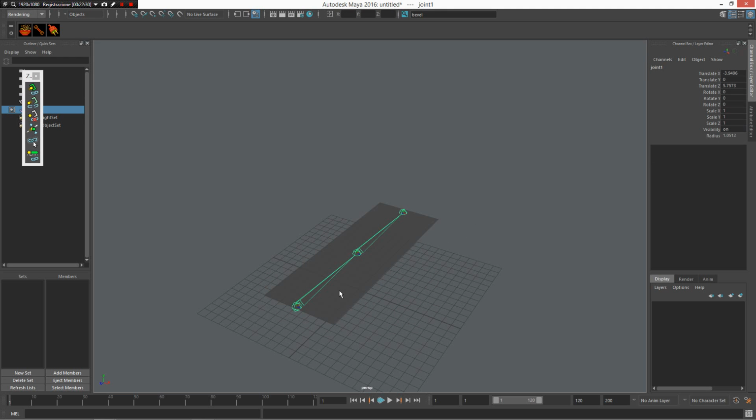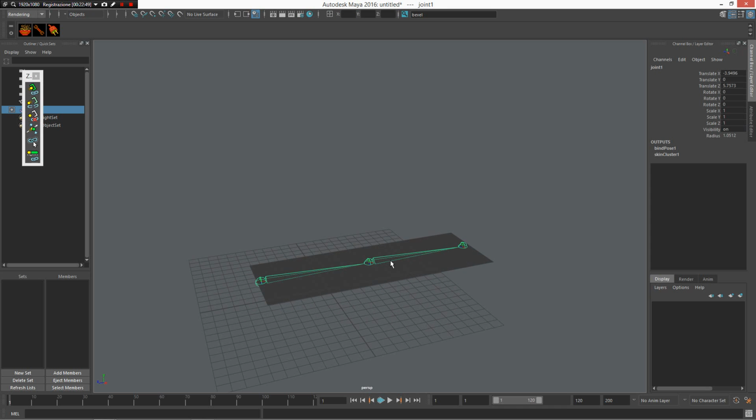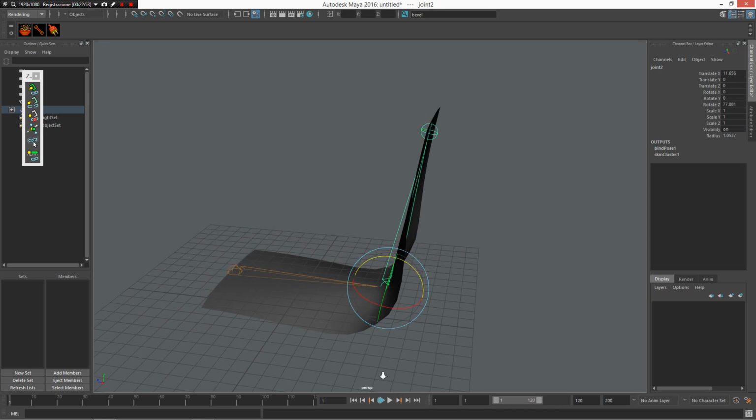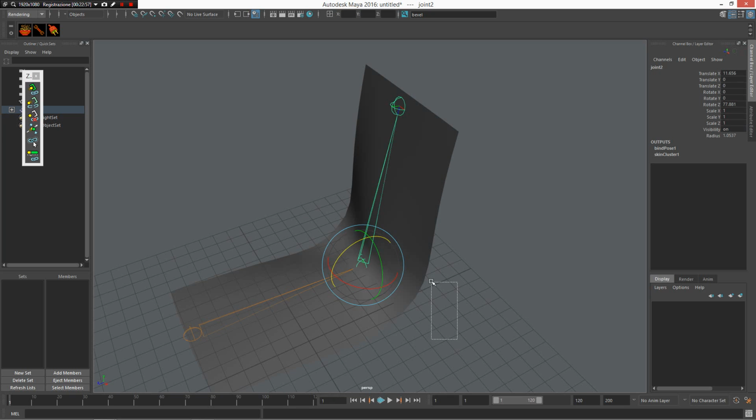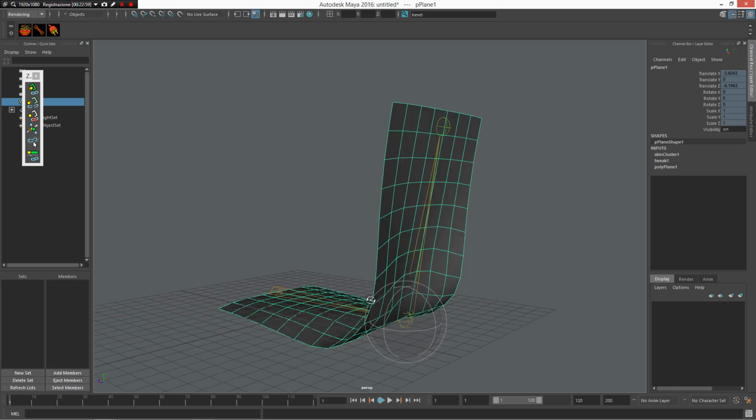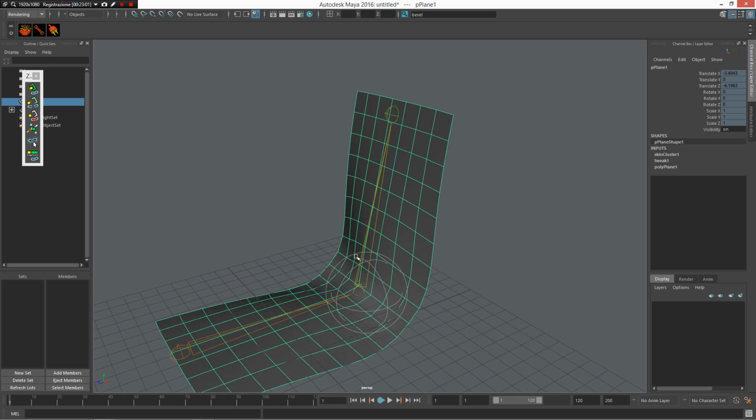Now I can select the joint, select the polygonal object, and press Z. I can use a contextual hotkey. When you select a joint and a polygon plane and press Z, you have access to the bind skin runtime command. And I have already skinned my plane, very fast and furious in this case, and I want now to use this interesting